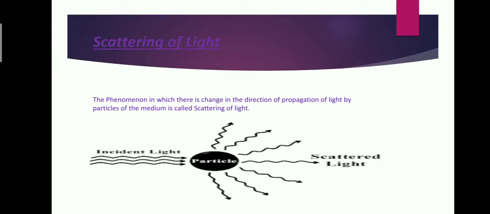So our atmosphere consists of so many particles like atoms, electrons, neutrons, gases and dust particles. Whenever this light is incident on any particles, some light is absorbed and some part of the light gets transmitted. That transmitted light is known as the scattered light. You can look clearly at the diagram. I have an incident light coming all the way from the sun, and it is incident on the particles. Those particles may be electrons, protons, neutrons, or any dust particles, or even water vapors which are present in the atmosphere. So they get scattered in various directions.